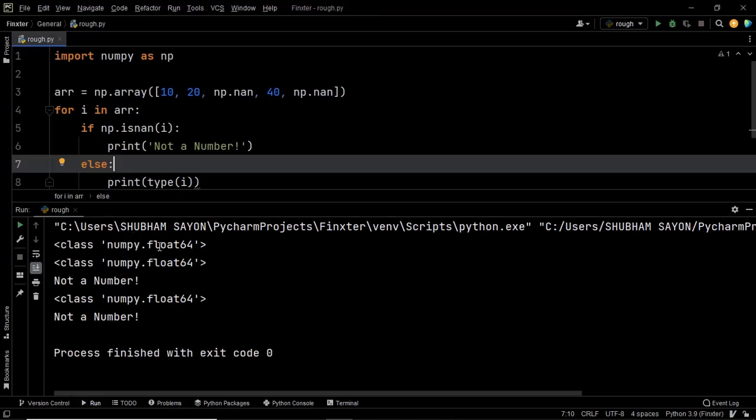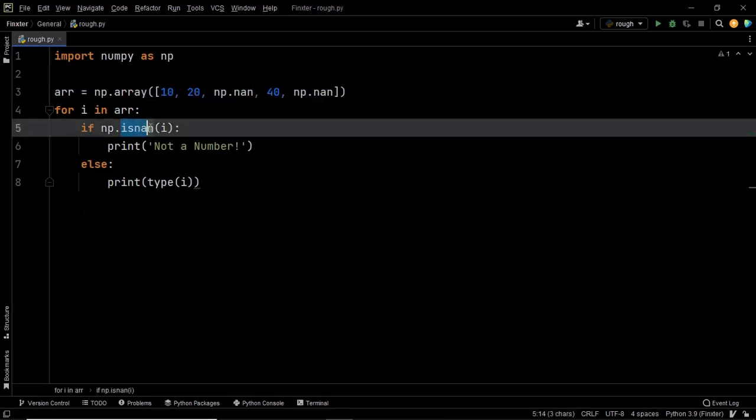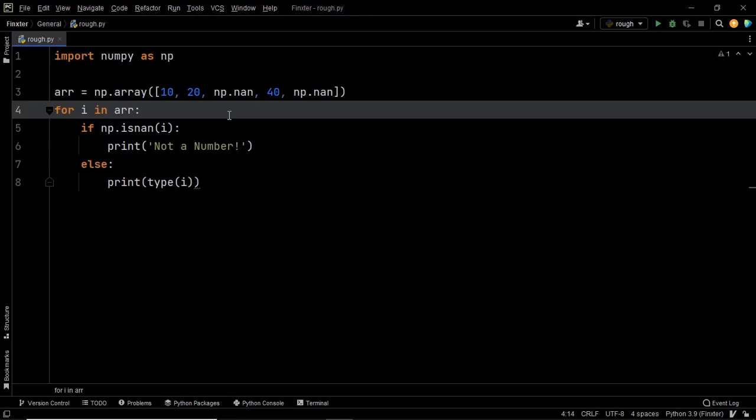So the first value, as you can see, represents a floating point number. The second value is once again a floating point number. But now the third value represents not a number because it represents a NaN value. The fourth value is once again a floating point value. And finally, the fifth value once again represents not a number since it is a NaN value. So this is how you can use the isnan method of the NumPy library to check whether an element in your array object is NaN or not. This is going to be quite handy when you are dealing with data sets wherein you generally have to deal with arrays and matrices. So this is going to be a quite handy method when you are dealing with data